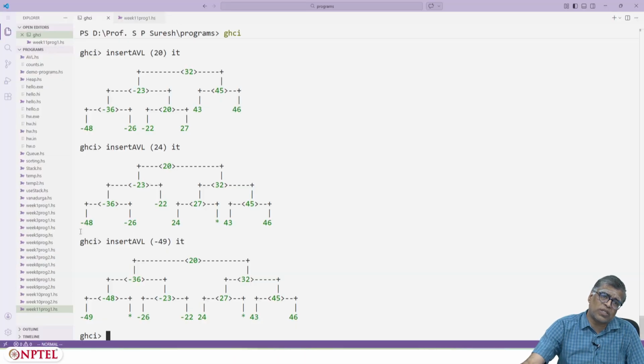But if you increase this, then this height becomes 3 and that height becomes 1, and that's a difference of 2. So you have to do some modifications for the tree rooted at minus 23, which is why now minus 23 has gone to the right side, and minus 36 has occupied the place of minus 23. Okay, now there is a minus 29.